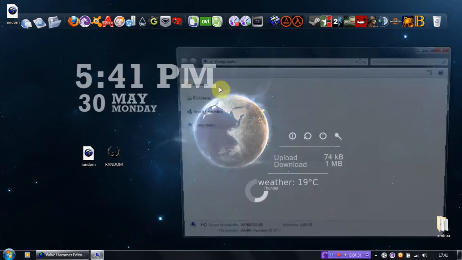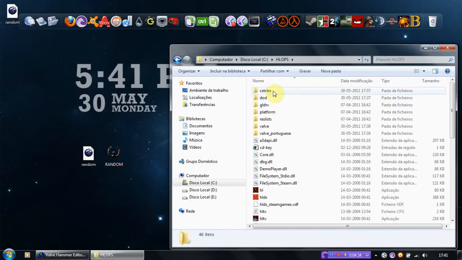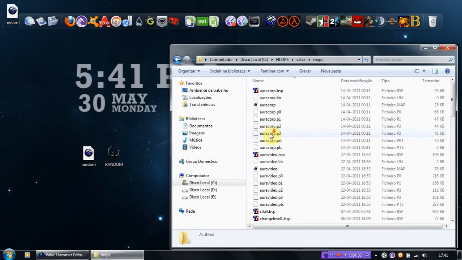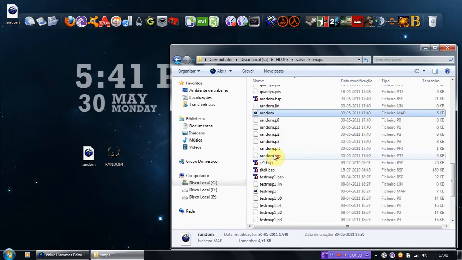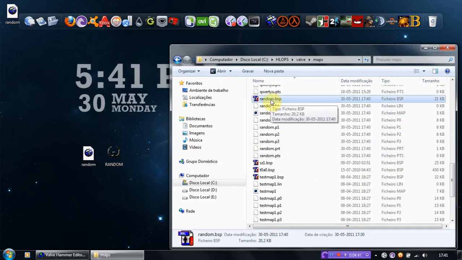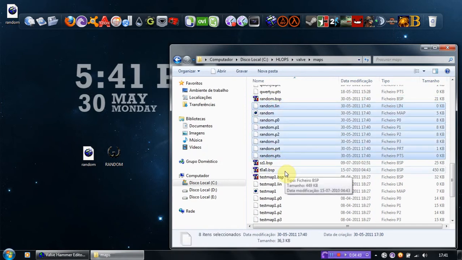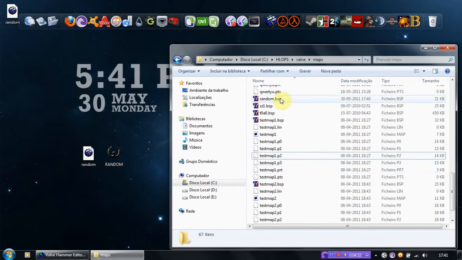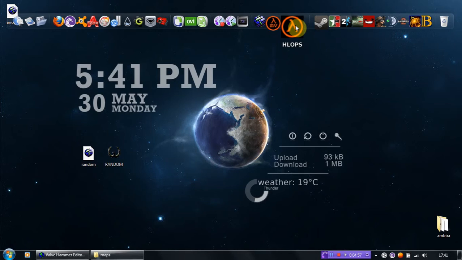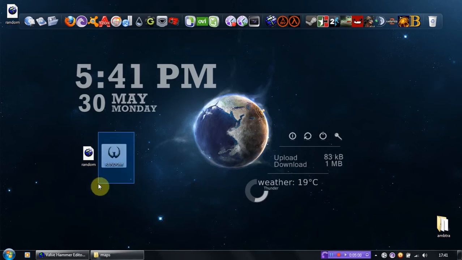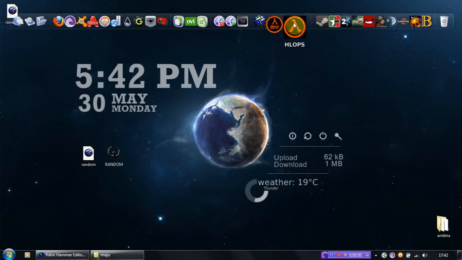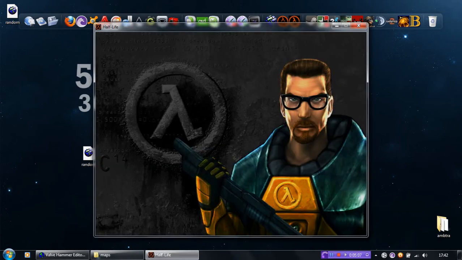And if I go to that folder I compiled the map to, you'll see here a map called random. Here we go, which is this. This is the compiled map, random.bsp. This is a playable map. Everything else is compiling garbage. You can simply erase it and the game will run fine. Now, if I run the game right now, notice it uses custom textures, but I haven't moved the textures yet. I have the textures here for editing and nothing else. If I run the map now,